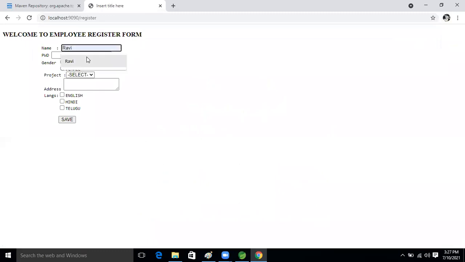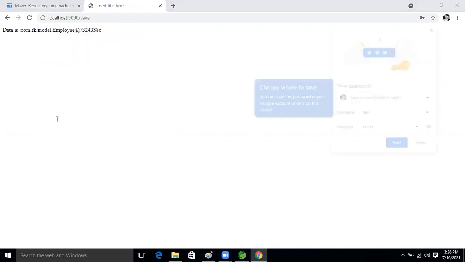We got it, right? Here take Ravi, and here what is the password, and here welcome to Varanasi, Hindi and English. Now select.